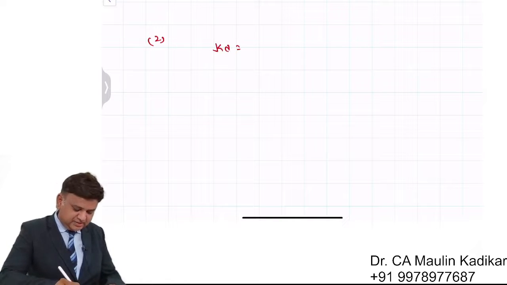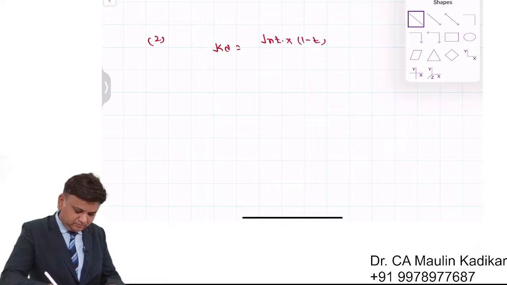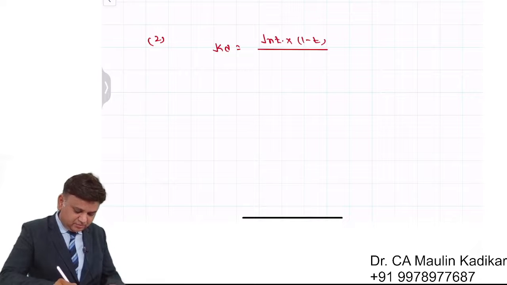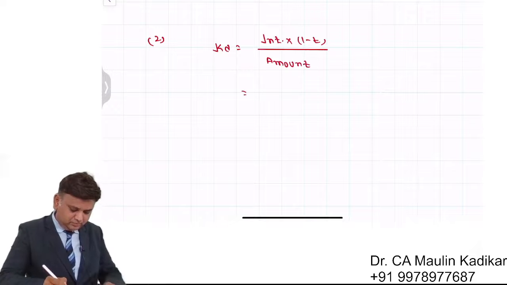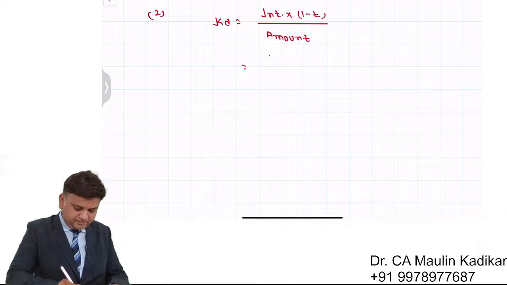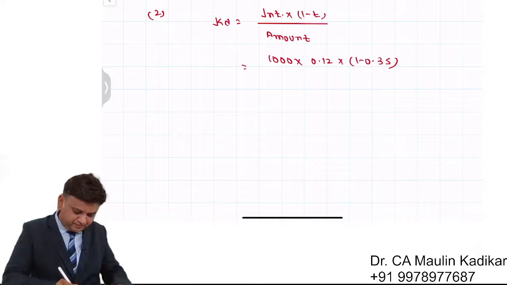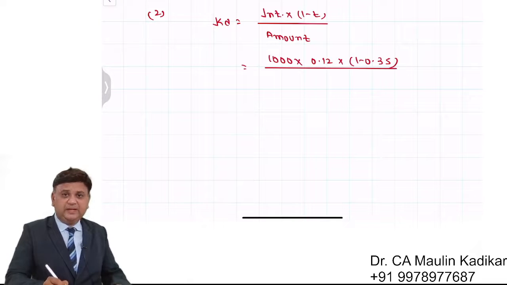It will be found as interest into 1 minus T divided by amount. Face value of the security is 1000. Rate of interest is 12% into 1 minus 0.35 whole divided by